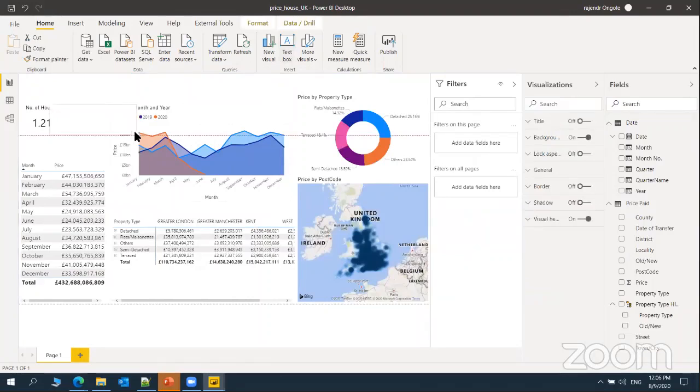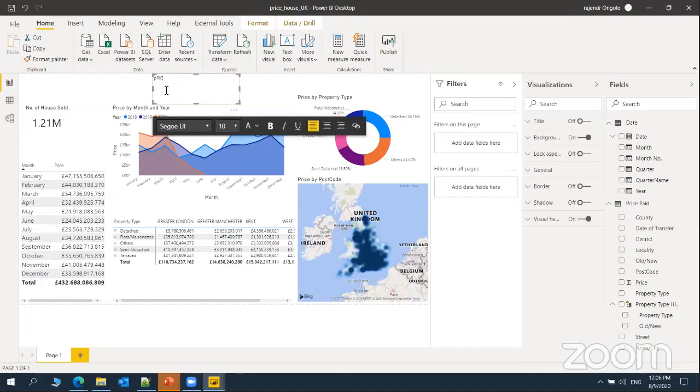Okay. The report name is price paid houses in UK. Capital letters, because it will give some prices. Report UK, because that is a UK related data set.